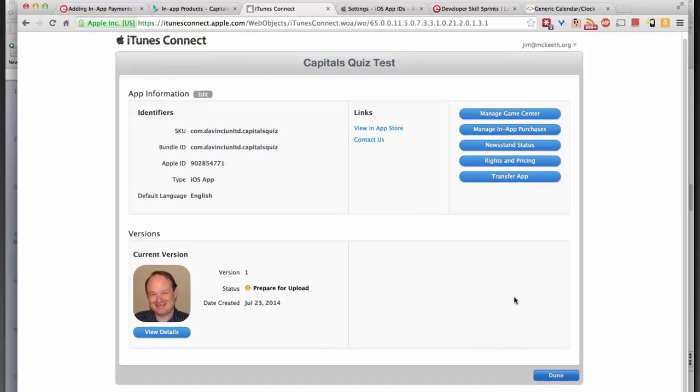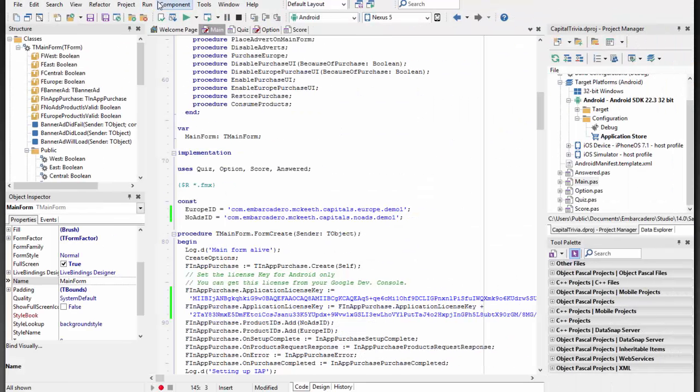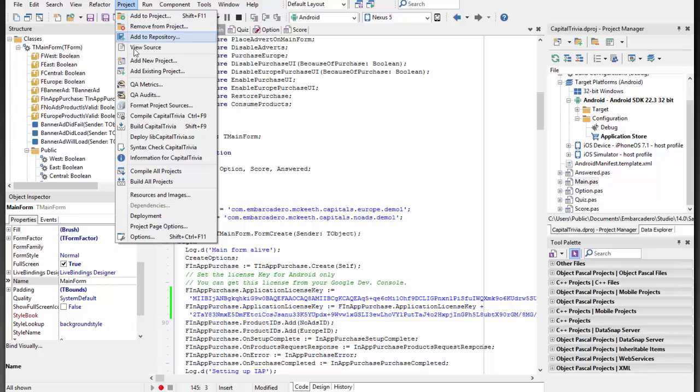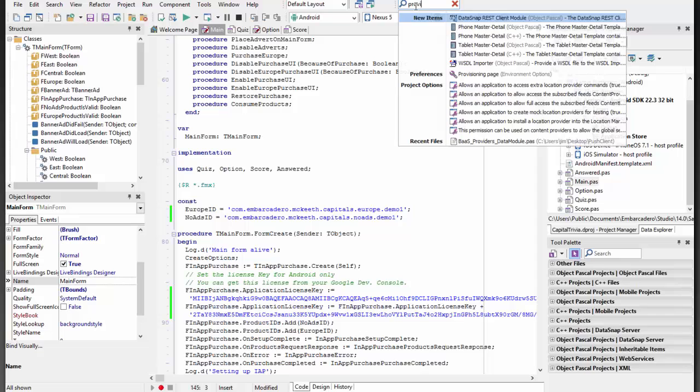I think that's all the steps. I will come in here. I'll show you, in case you haven't seen it, for provisioning. This is the easiest way to get there. Provisioning